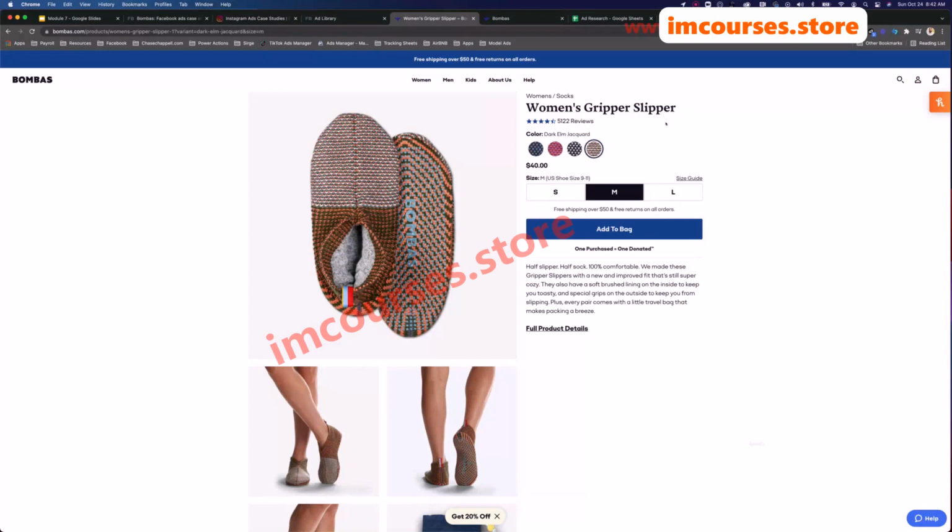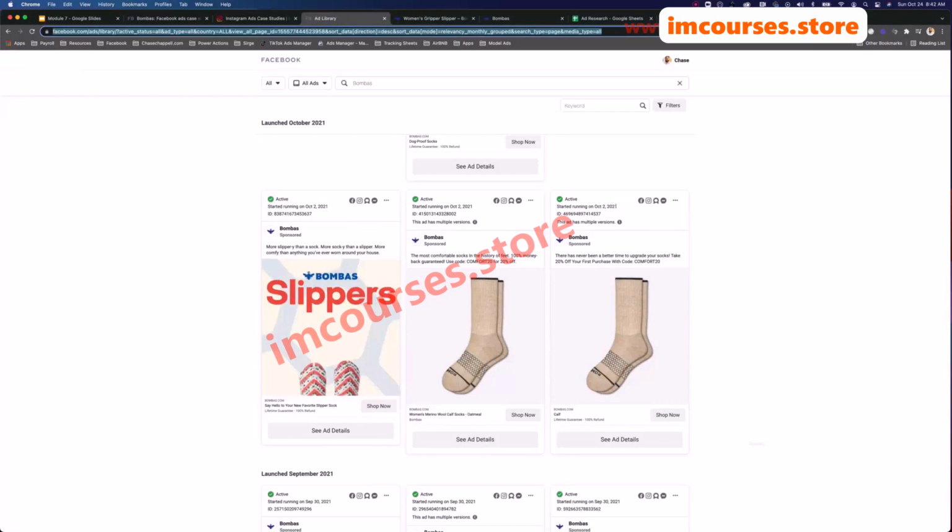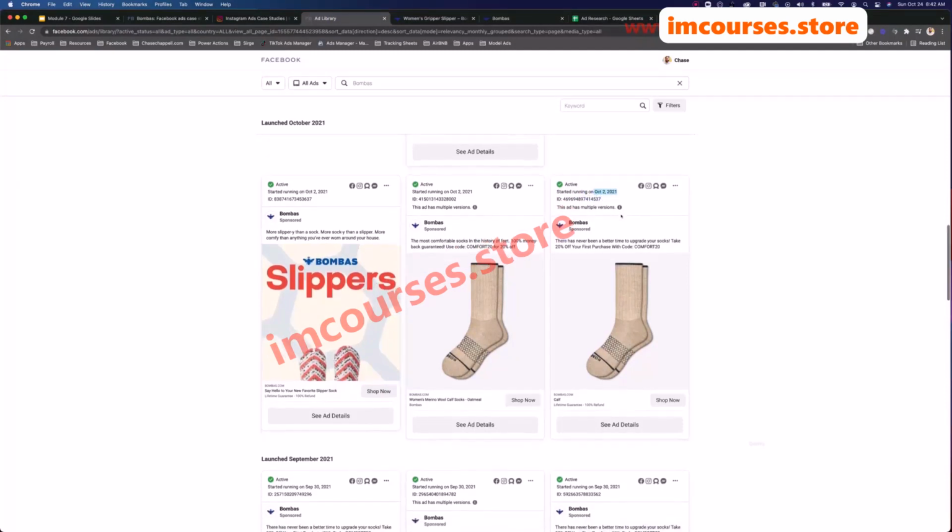So I hope you really enjoyed this specific ad research module. And just to highlight some few tips before we go, when you are researching, double check for the dates to make sure that you're not looking at outdated content. And if you are, get the full picture and timeline so that way you understand the relevance during that time period. And then check how long their ads have been running. If you're in their ad library, it'll tell you the dates. So, today is October 24th for us, but this ad was running on October 2nd, so that means it's been running for about 22